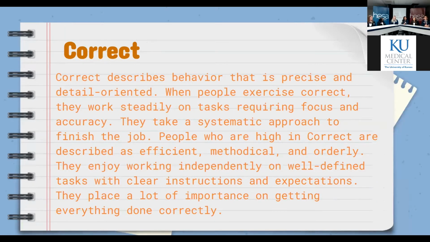And the next one is correct. So if you fall under the correct group, you're kind of like the perfectionist of the group. The people that fall under here are usually detail oriented and super just making sure everyone's on task. And so Joy said that you're usually adjacent, but I'm the weirdo. So I got D and C.